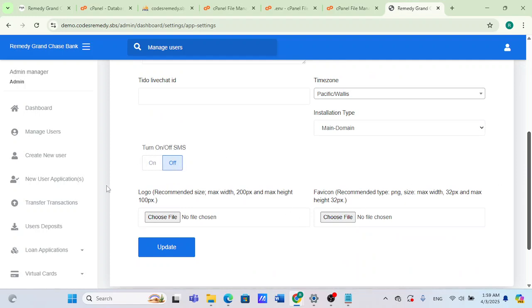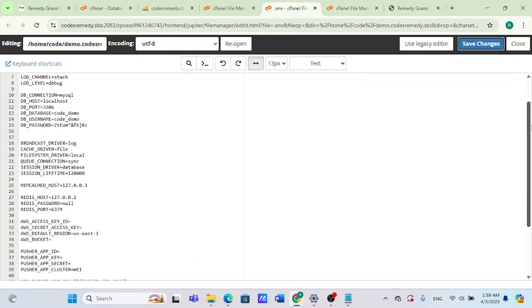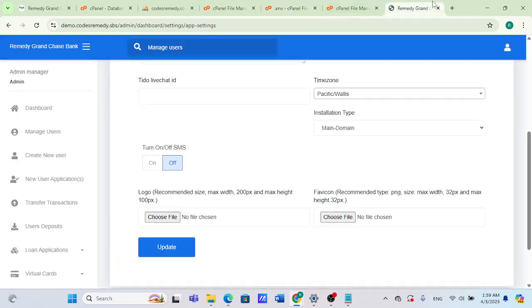You turn off SMS unless you've registered with an SMS network like Twilio; put their SID, token and phone number here before you turn the SMS code on. If you don't do that, don't turn it on because you will get an error. Upload logo, upload your favicon,